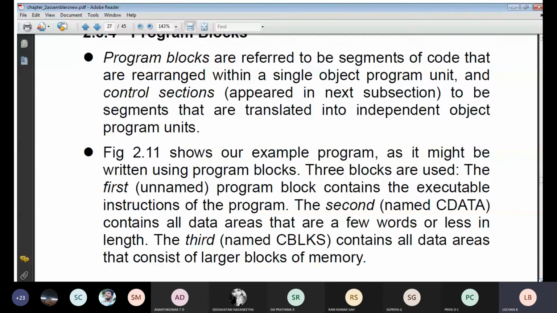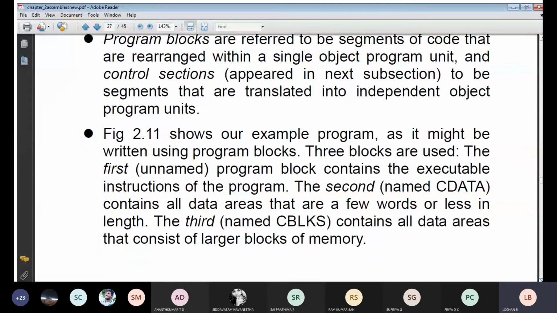Second, we will concentrate on your C data. C data is nothing but your control data. We will concentrate on your data part with respect to the words, whether you have got more words or fewer words, and whether the data is working properly or not. Along with that, we will calculate the length, whether it is 12 bits or 16 bits. We will check with respect to your length. For example, in your mobile phones, if the memory card is 8 GB, it will occupy only 8 GB of memory.